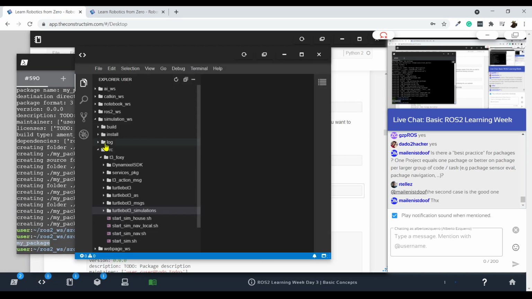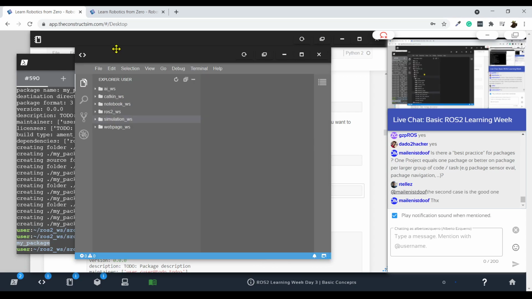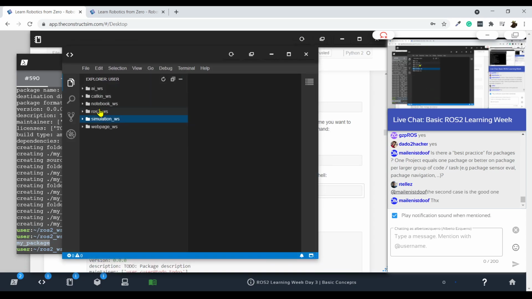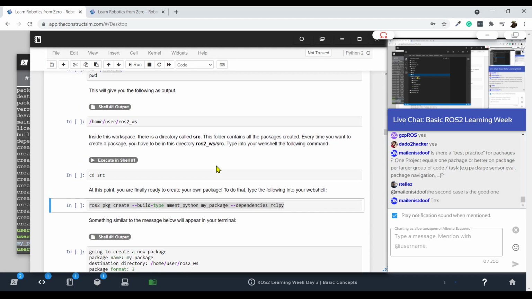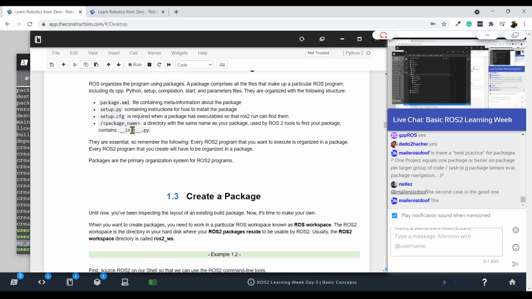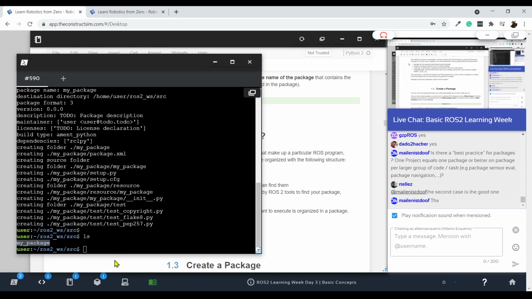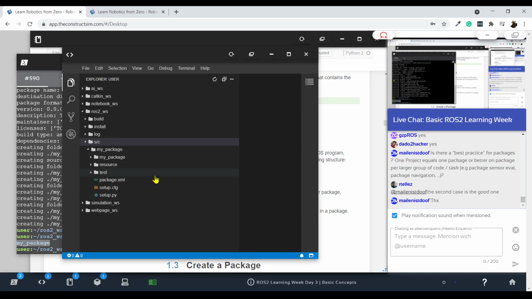I'm going to be able also to visualize it through the IDE, through the code editor. If I open the ROS2 workspace and I go to the src folder, I'm going to see my package has been created right here. And I can see some things that I have just commented. Remember here that we were commenting the basic structure. So we can see here that it has been